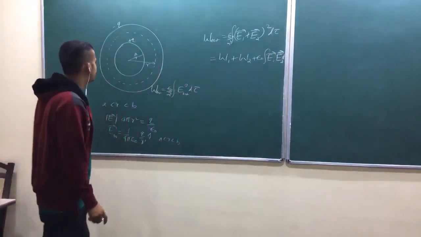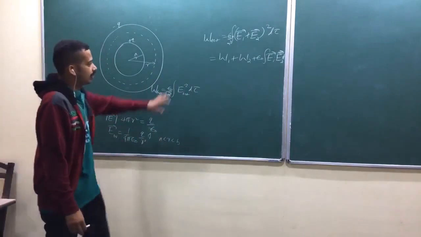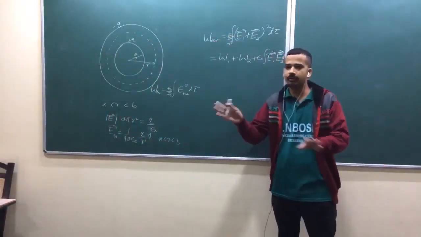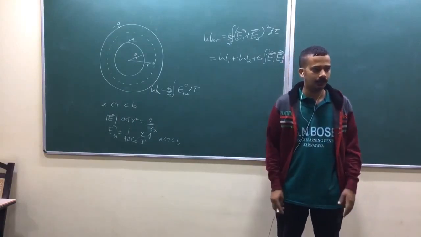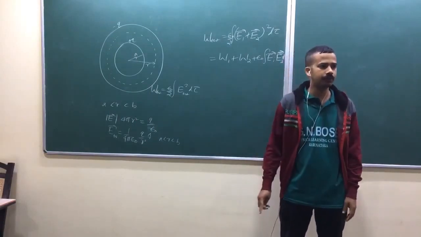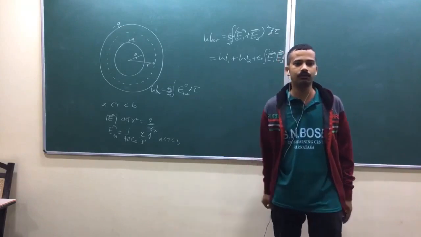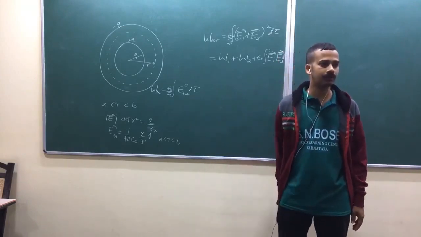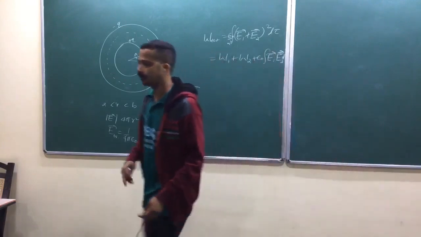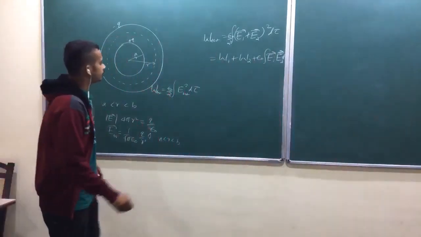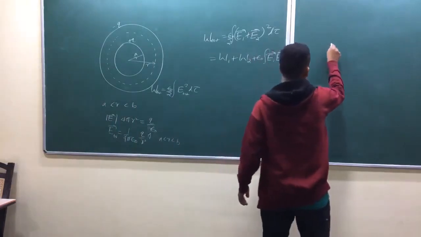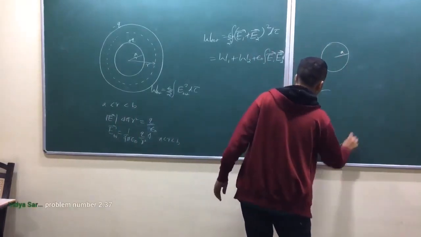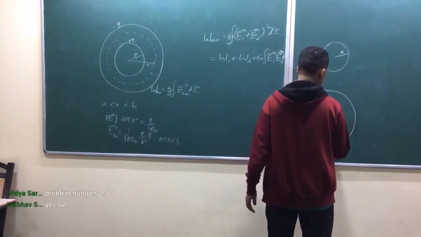So while doing this, you have to imagine those two spheres exist independently. That's how we apply the superposition principle. While taking the electric field due to one charge, we assume there is no other charge and no effect of any other charge. So now you have to consider the sphere of radius A and the sphere of radius B separately.